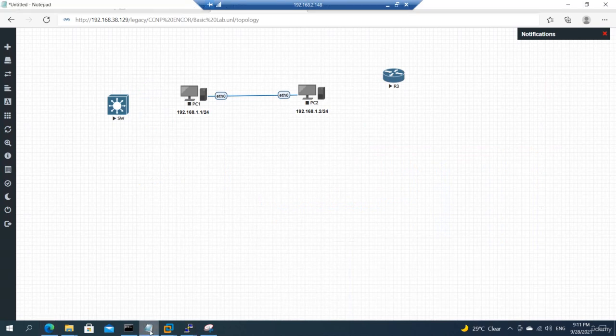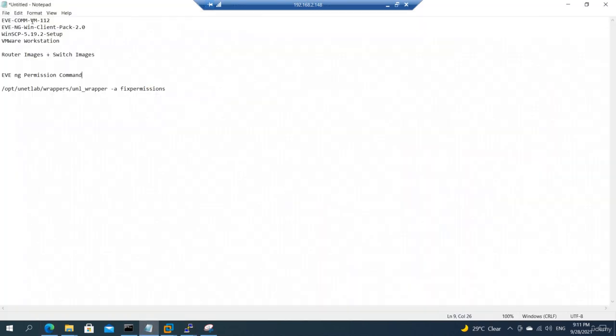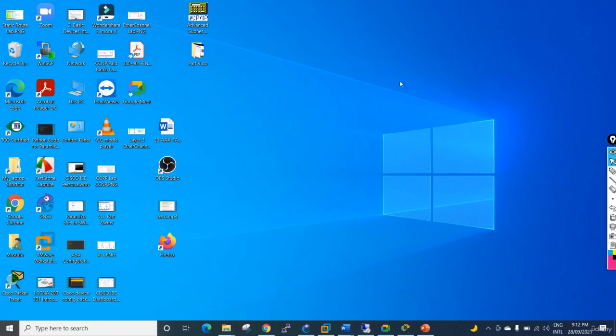If you see here, this is a notepad. We are going to use this one. The first one is from the EVNG website, the second one also from the EVNG website. This is also freely available. This one I will share with you, no need to worry, and this one also I will share with you. Okay, this is the thing we need. So let me start the